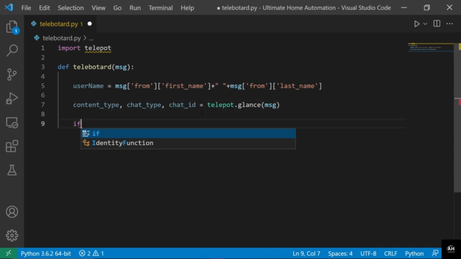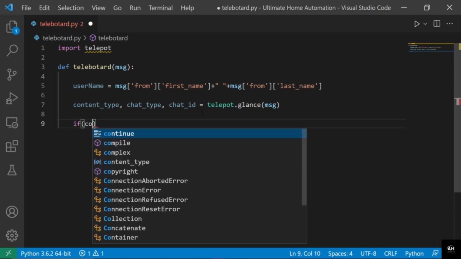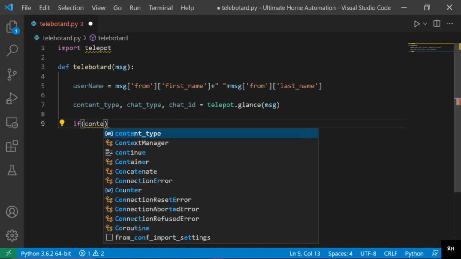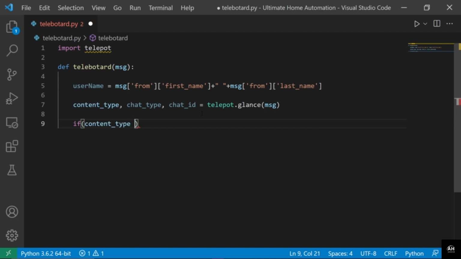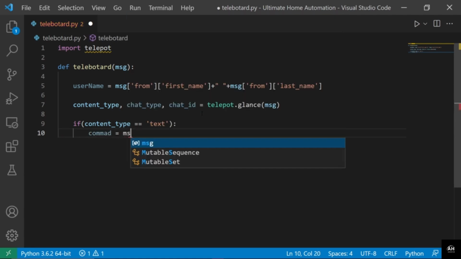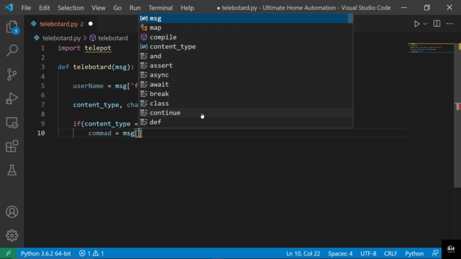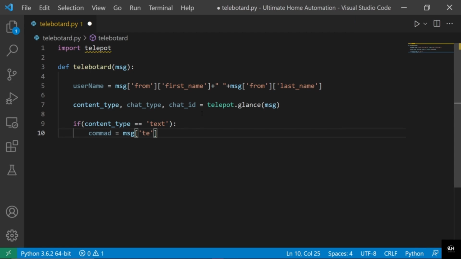and after that in the next line what we will do is we will just create an if statement, and in that if statement we will just check for the content type. If the content type is in the form of text, then we will try to add some if conditions in here. So I will just type content type equals to, and in the single quotes I will type text, and if it is true, then in the next line we will add some few more lines of command. We will just type command equals to message. So this message will be the command to our Telegram bot. So that's why we are creating this particular variable where we are saving this text that we have received from